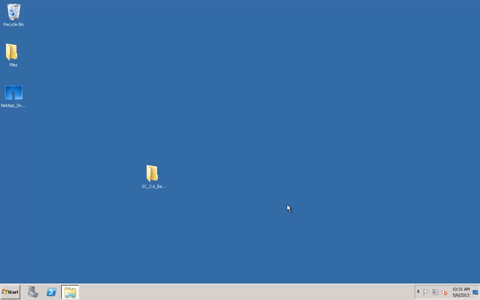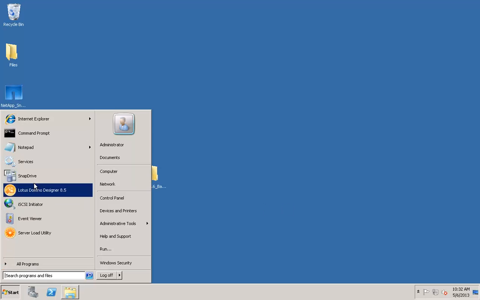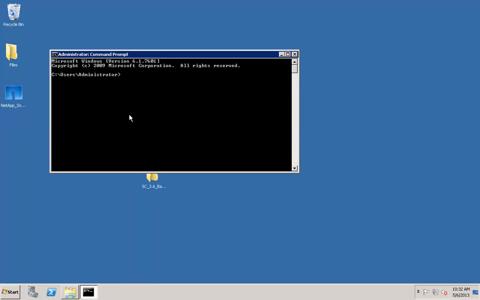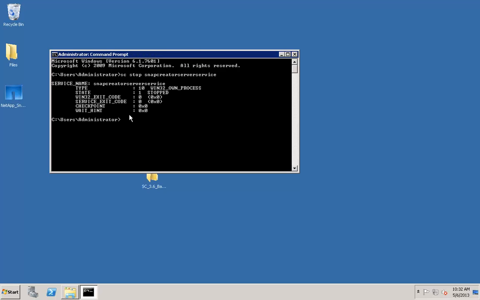The first thing that we're going to need to do is to stop that service that we installed and started during the setup process. You can stop that service any way that you like, any way that you're comfortable with in Windows. I'm going to choose to do this through the command line. Open a command prompt and run the command sc stop snap creator server service. Now that Snap Creator is stopped,